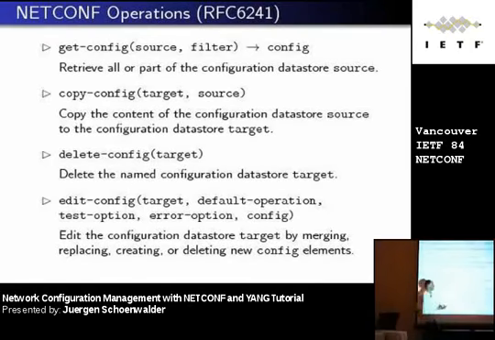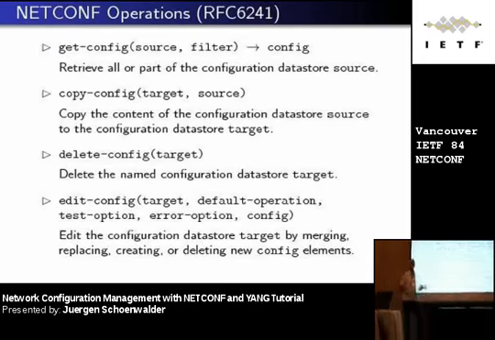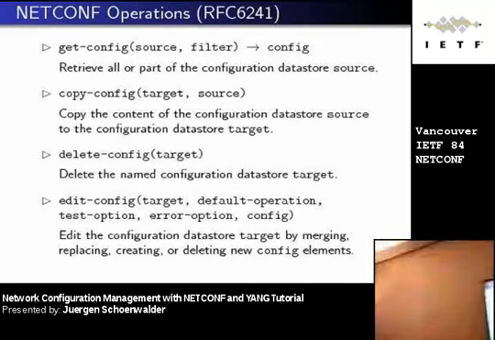We'll talk a little bit more about how this works when we look into the config itself. The error option allows you to control what the server should do if something goes wrong. Because there are different ways of reacting to failure. So if you send the device this IP address and this IP address, but for whatever reason the device says I can only have one of them,